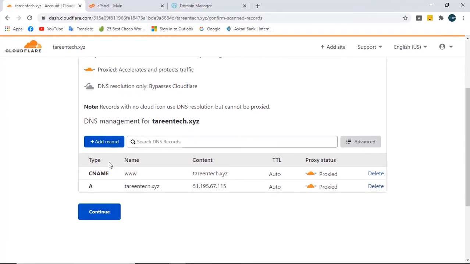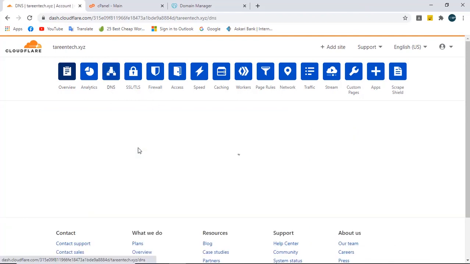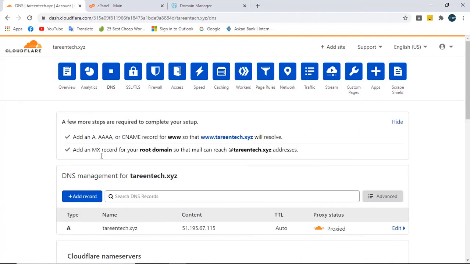I suggest you read this so that you understand things. Okay, and you can see here our website has come in the CNAME and A records. And now let's continue. You can read here we have successfully transferred our domain; "Domain transfer complete" is written. However, Cloudflare is still checking your name servers. Okay, so leave it for now and go to DNS,